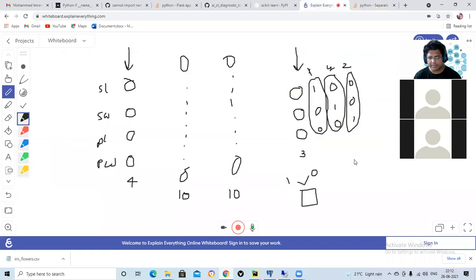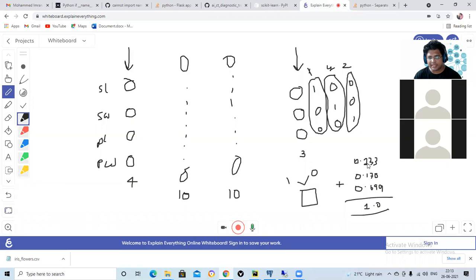This output will come as something like 0.233, 0.170, then 0.699. Softmax will do this. When you add all these 3, you will get 1.0, that means 100% probability.